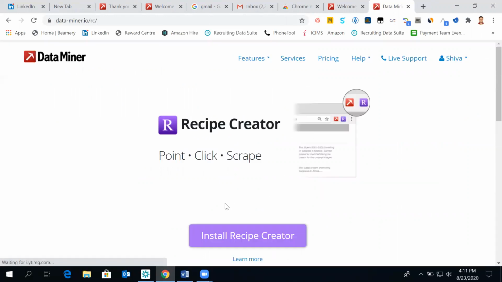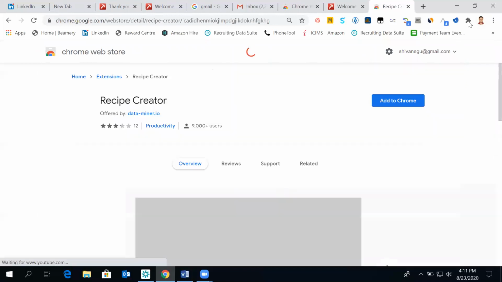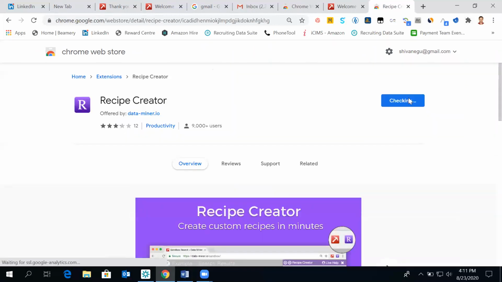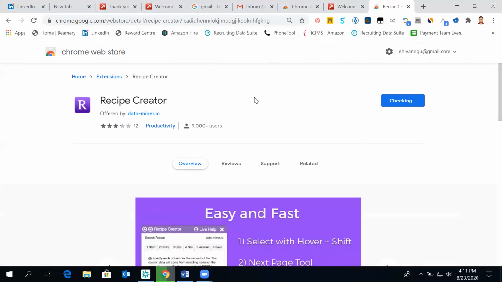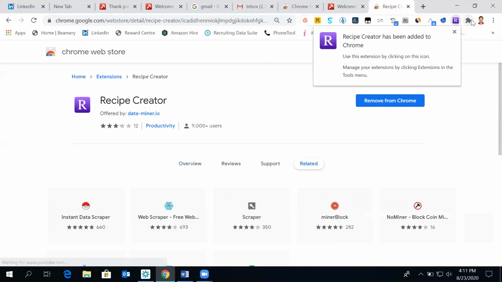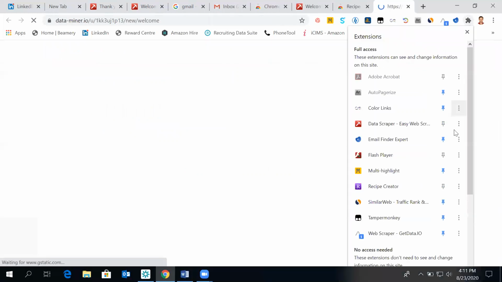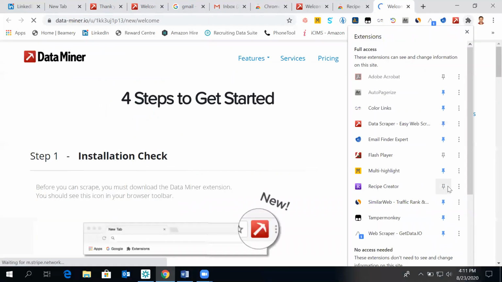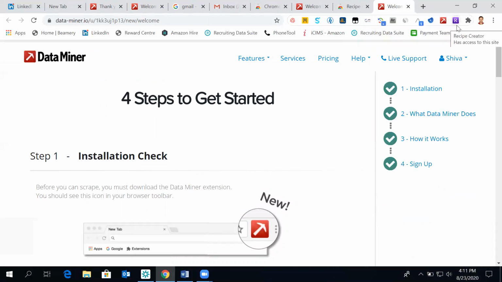And one more we have is a recipe creator. So there are two tools: one is a Data Miner tool and the other is a recipe creator tool. So both the tools got active.